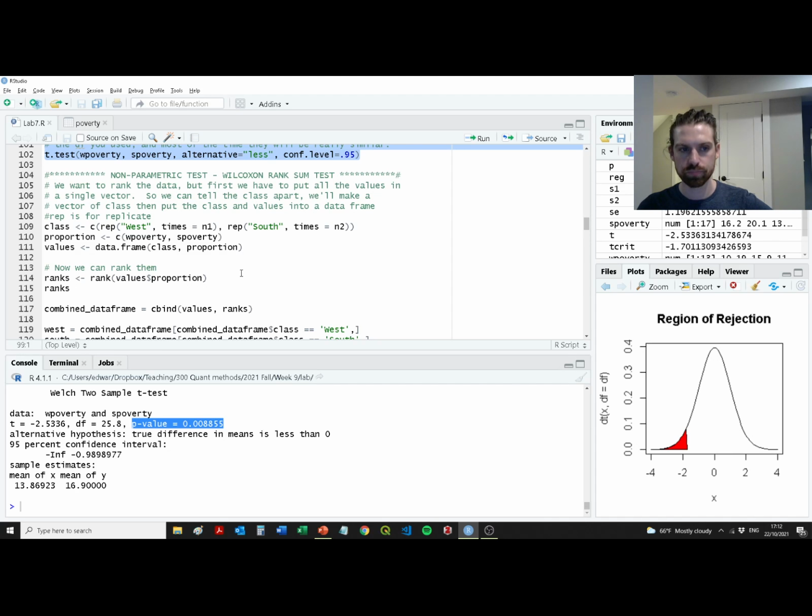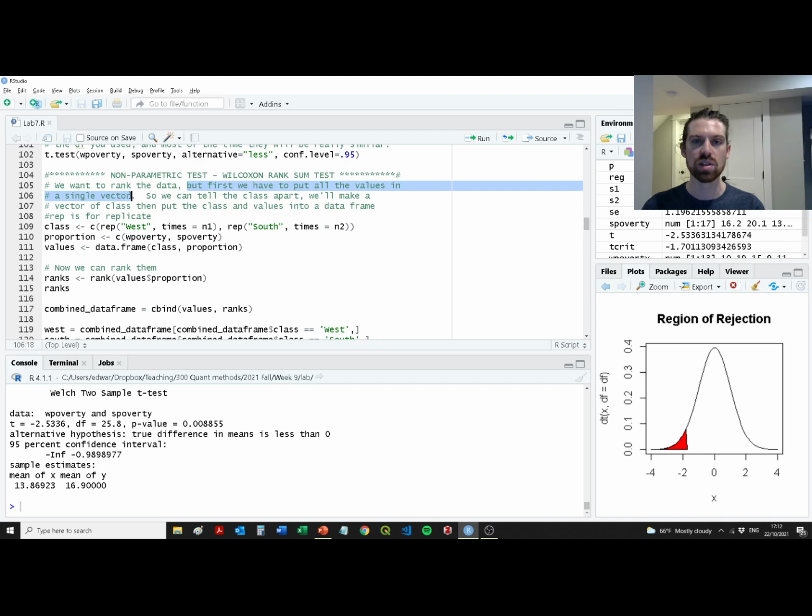So what happens when you've got non-parametric data? Well, obviously we can use that Wilcoxon rank sum test, but we're going to need to basically rank this data. So first we're going to need to put all those values in a single location, a single data structure, so that we can tell them apart. We'll need to make an indicator as to which one they're part of. Okay, so what I'm going to do here is